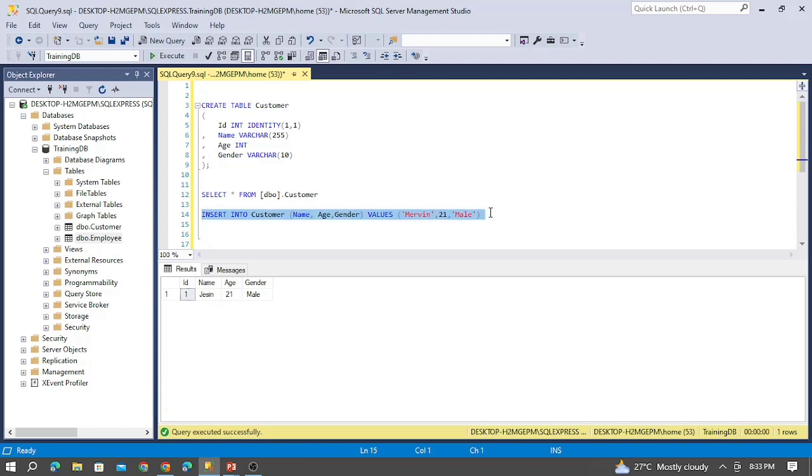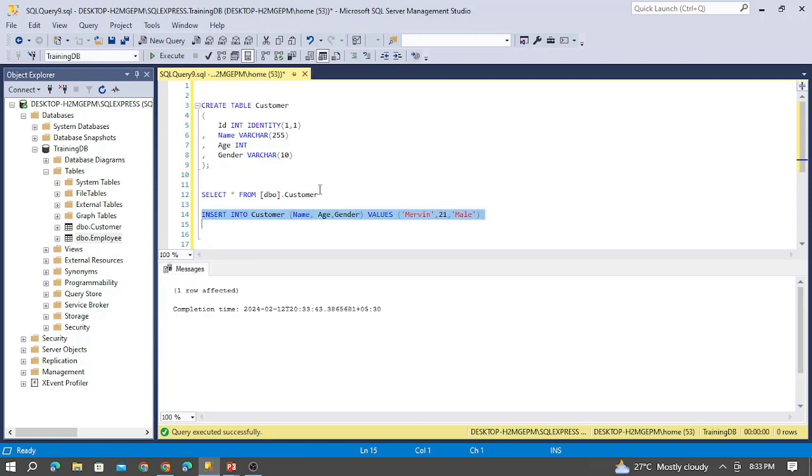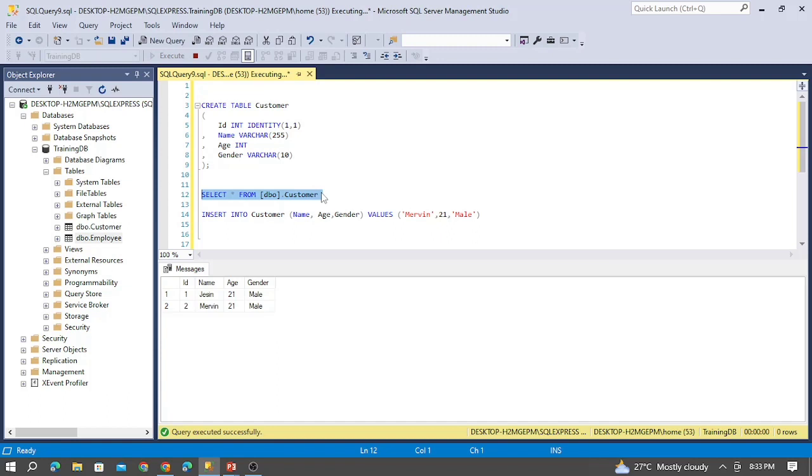So let me execute this. Another row got affected. Let me select this. The ID is generating automatically. So what the identity is, starting from 1, it will increment 1 by 1 ID. So we don't want to insert the ID along with the statement. So specifying the column along with the insert statement is another way to insert your